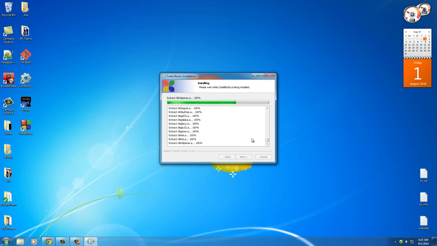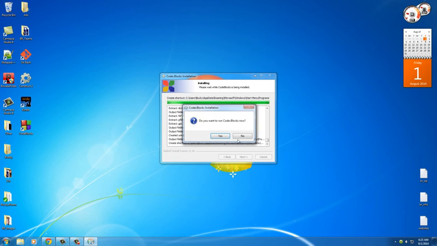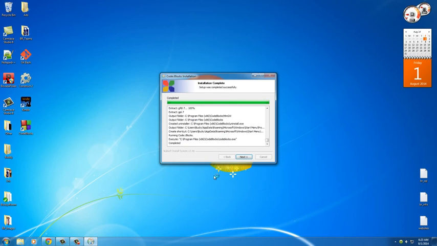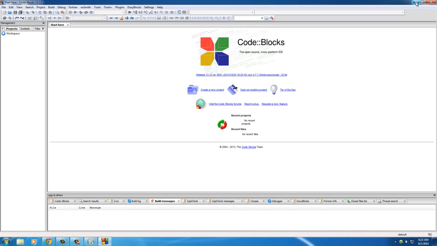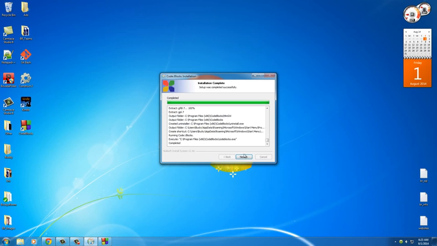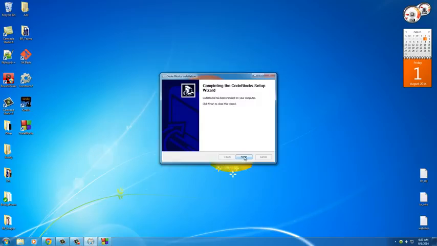Alright, so this bad boy's installing, and once it's ready, it actually puts an icon on your desktop, which is really handy by default. So this bad boy opens up, and it might take a while if you're starting it for the first time to boot up. And the first thing I actually want to do is minimize that, and click next, finish out of that,